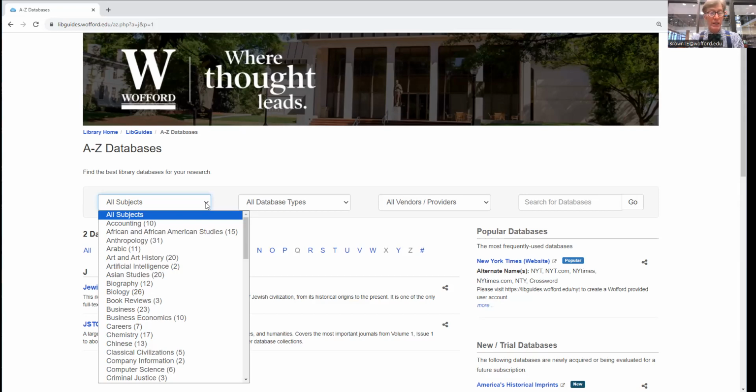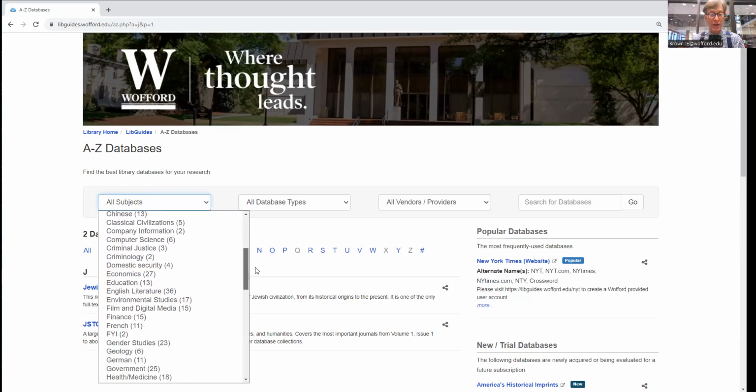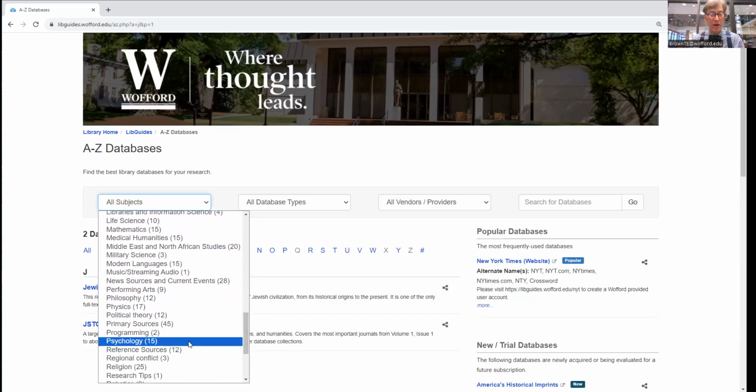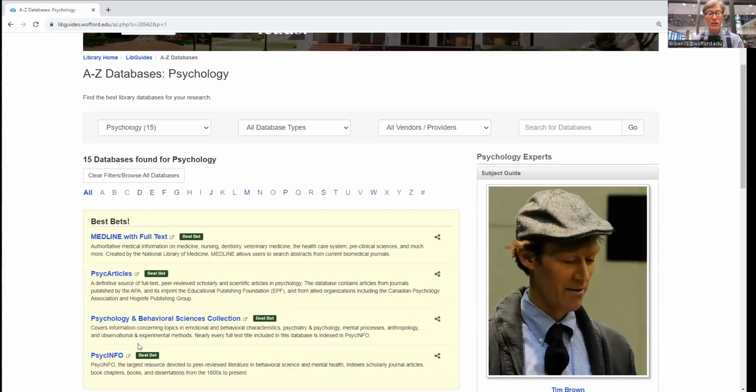And so I see anthropology, Arabic, biology, chemistry, criminal justice. The list goes on and on. But if I scroll down here, I will see here are the 15 databases that we identify as being very useful for psychology. And so if I click on psychology, I go to that list of 15